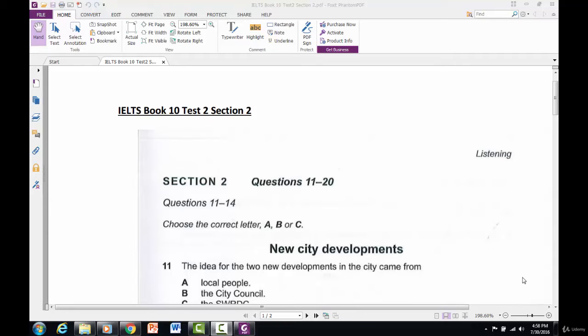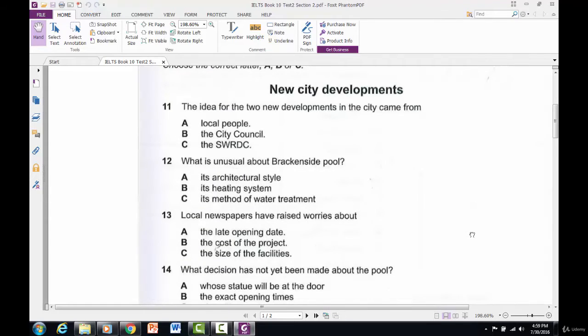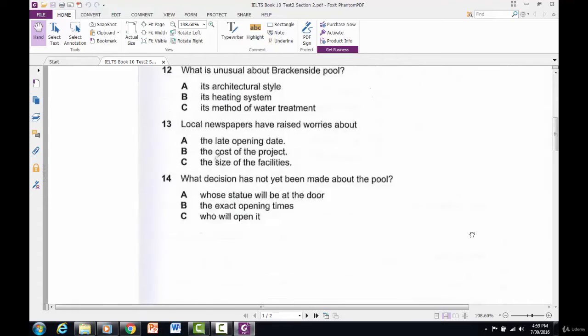Okay, so now let's go through another Section 2 example for IELTS listening. And remember, when we're doing IELTS listening, we only have two types of questions that we have to deal with. It's either going to be multiple choice or fill in the blank. That's it. That's all we have to deal with. Now, in this one, when we look at this particular set here, we have our standard multiple choice questions, 11